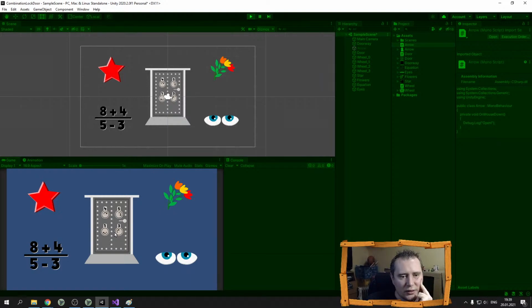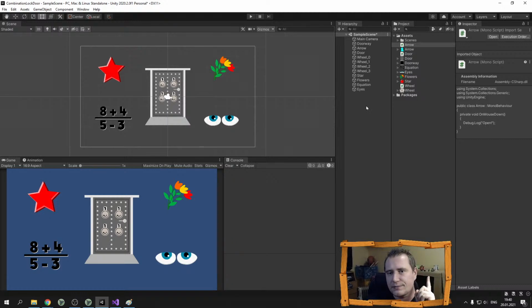As you can see, we can rotate these wheels, and let's find the correct combination. Two eyes. Maybe 2 should be here. Okay. 8 plus 4, 12. 12 divided by 2 is 6. 3 flowers and 5. Yeah, everything works, but